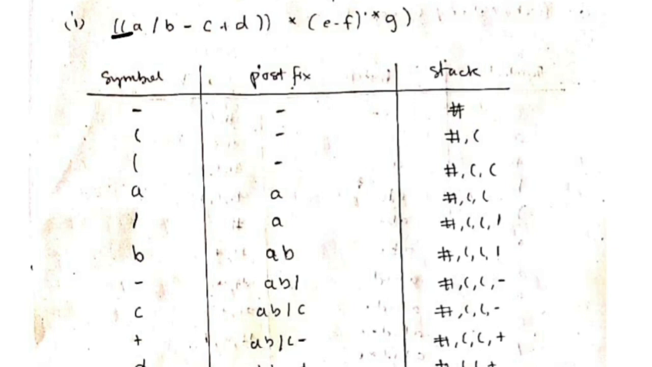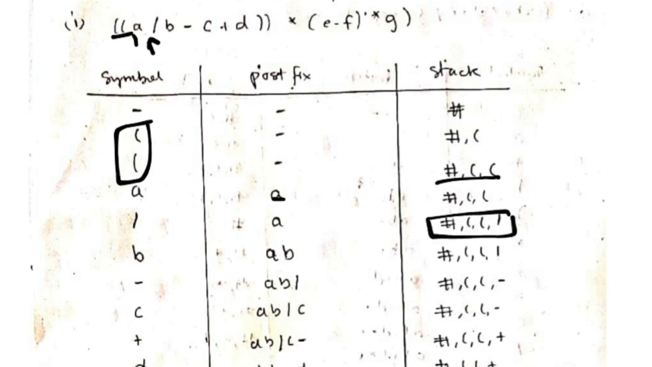First one, two brackets are there, so we will store the brackets inside this stack. After that a is there, a will be stored here. Then division sign, division sign will be stored inside this stack initially. Then after that b is there, so a with b, then minus it will be,